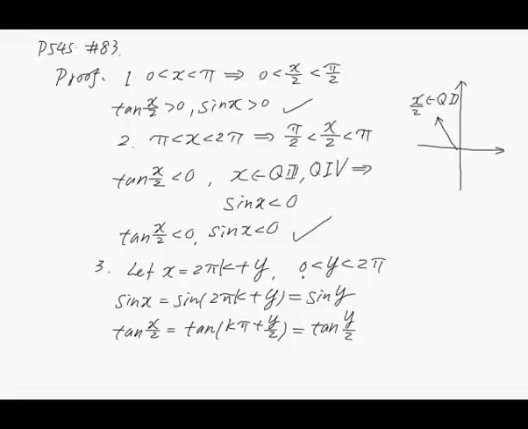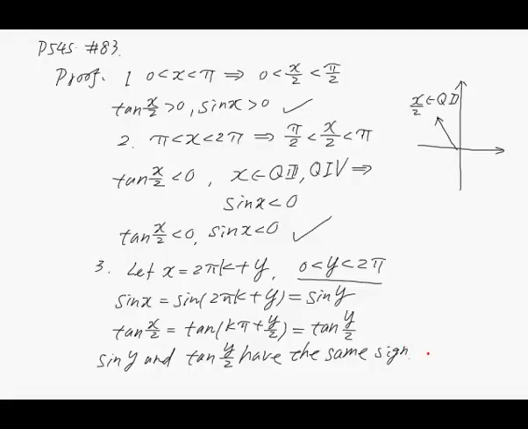And now this y is between 0 and 2π. Then we may just use the results from case 1 and case 2. We know for any angle between 0 and 2π, sine y and tangent half y always have the same sign, right? So sine y and tangent half y have the same sign,